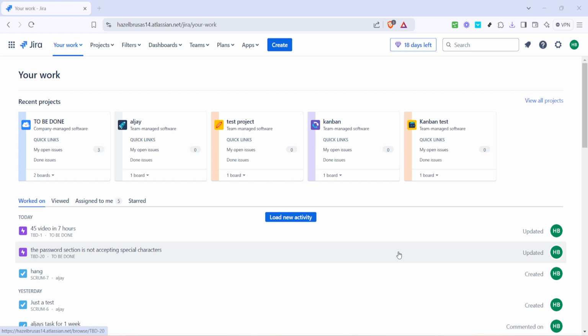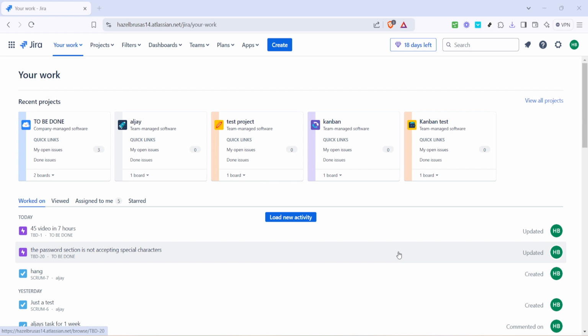This section is like your personal dashboard, offering a quick overview of all the projects and tasks you're currently engaged with. To navigate your way to this page, simply click on the Your Work link. Just think of it as your command center, designed to give you a snapshot of everything you're working on across different projects. Here you can quickly switch between various projects and manage your priorities efficiently. It's a great starting point when you want to stay on top of your tasks.